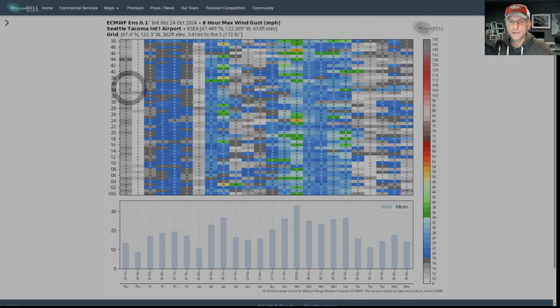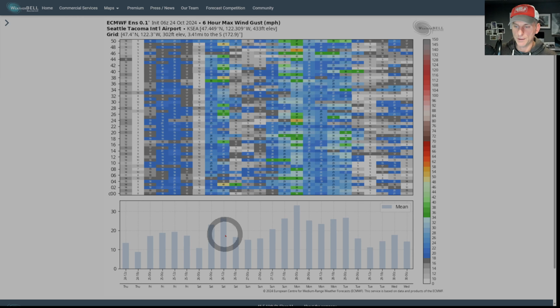So now looking at this, you can actually see the 50 individual ensemble members. What we're looking at here is Seattle-Tacoma International Airport, 6-hour max wind gusts. So you can look at each one of those individual 50 members. And on the bottom is the control run. Again, the initial conditions, best we understand them. Then we tweak the initial conditions of all these 50 and we just let those suckers run out. Then you can see how it just comes up with some wild solutions. One of them says 50 miles per hour. One of them says 17 miles per hour. And you can look off in the extended and you can see some pretty wild wind readings out there, and of course some much calmer periods.